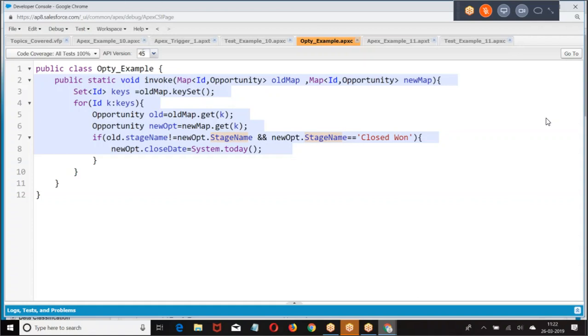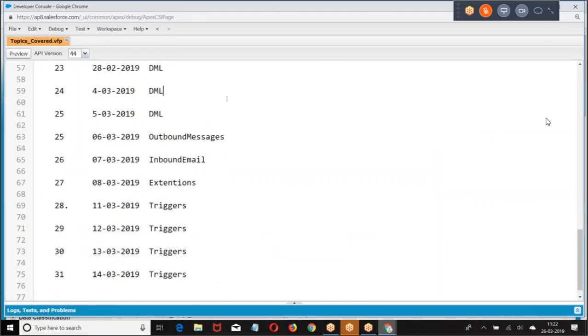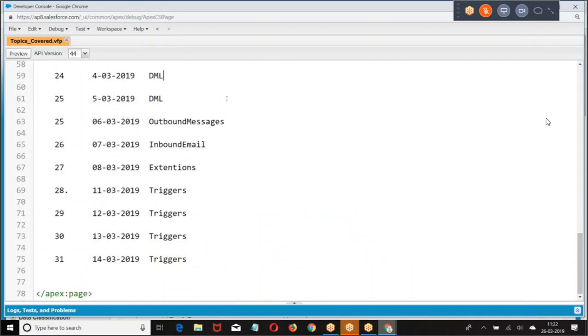Now, how do you test batch apex and schedule apex operations?